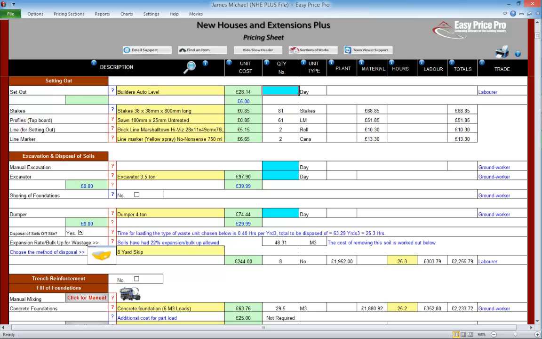The setting out is a blue box. The item is an auto level. Enter the number of days required for setting out. The hours allowed are a pre-filled yellow box. If this is adjusted, for example, to 16, this will now calculate the cost based on 2 workers doing this